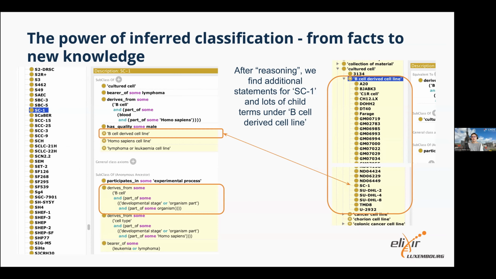That was really obvious that SC1 is a B cell derived cell line based on all the facts that you stated. But imagine doing this for 100 cell lines or 1,000 cell lines that you receive from different labs. When you build up this body of knowledge, suddenly asserting all of these things becomes really difficult. Or imagine you didn't initially know about lymphoma or leukemia cell lines because you didn't have that term. If you retroactively add that, reusing the facts that you stated when you were collecting all the individual cell lines, you can build the hierarchy of lymphoma or leukemia cell line after the fact without having to go back and add this additional fact to every cell line it applies to.